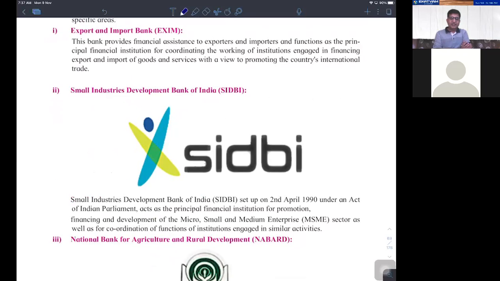This bank provides financial assistance to exporters and importers and functions as the prime principal financial institution for coordinating the working of institutions engaged in financing export and import of goods and services with a view to promoting the country's international trade. In fact, the Exim Bank not only performs the function of funding, giving the financial assistance to the exporters and importers, but also provides training. One of the larger segments in the current scenario is providing training for export and import. So write down the line there also,